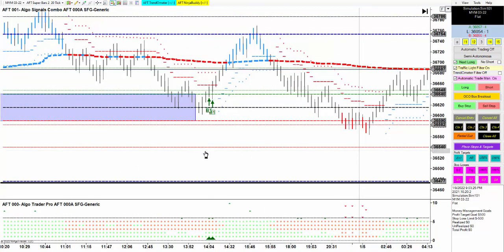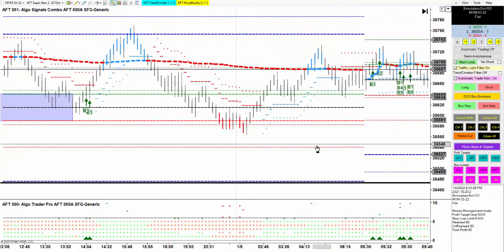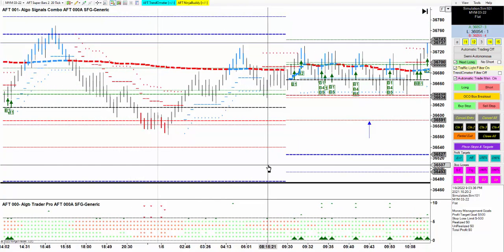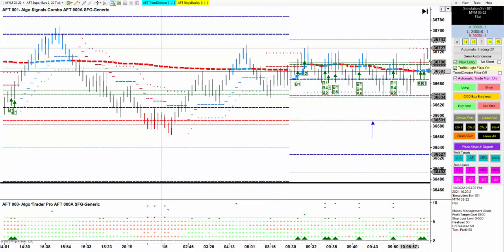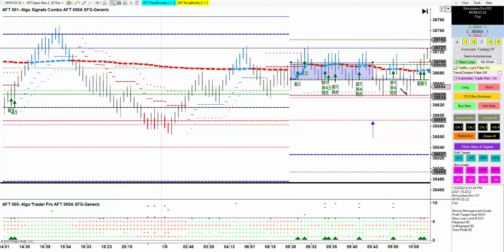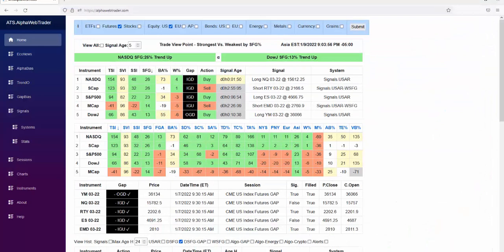Now, compare that to Tuesday. All right, so Monday was a nice trade, nice, clear, easy decision, but compare this now to Tuesday. I'll just show you Tuesday. Let me just show you the morning action here. So this is basically the first half hour. Let me just paint this in here so you can see. Here's basically the no trade zone. So on Tuesday, when we checked, if I bring our Alpha Web Trader up here,